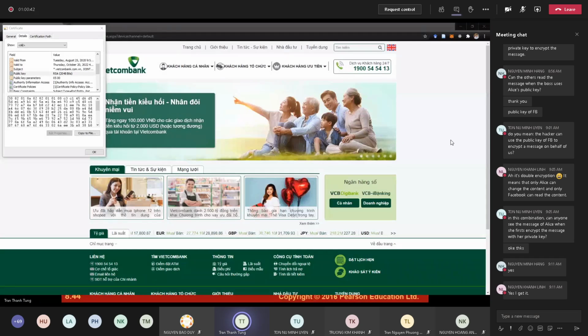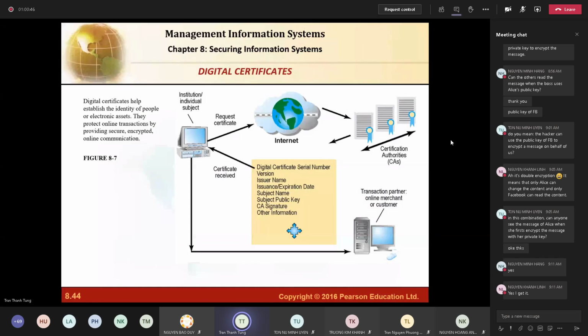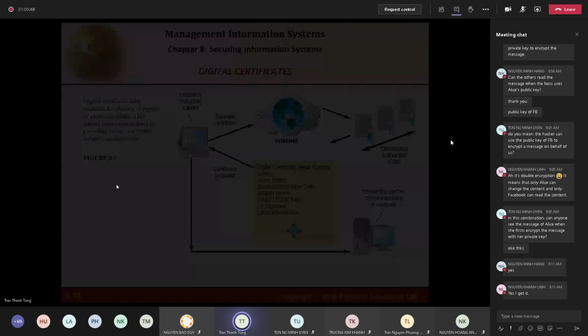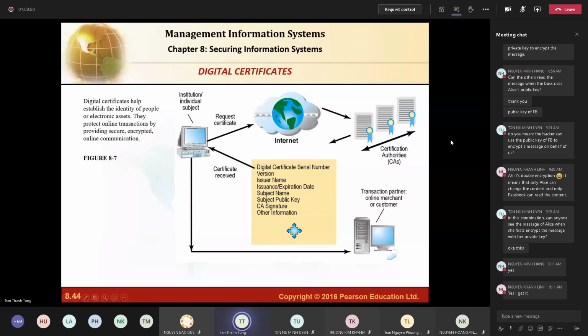I know it is a bit complicated somehow, but it is the one that you should know in order to have some idea, to be aware about the security problem in the internet. And now what I want to show you before